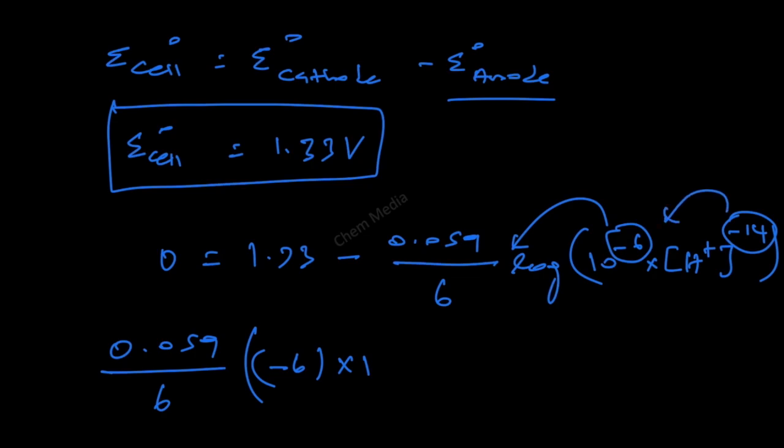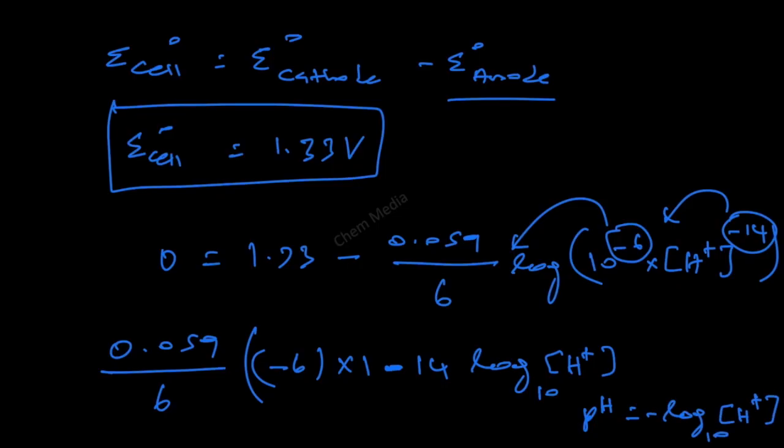So, minus 14 times log H plus ion concentration. And we know that pH is equal to negative logarithm of H plus ion concentration. So, let us substitute that here, and this is equal to